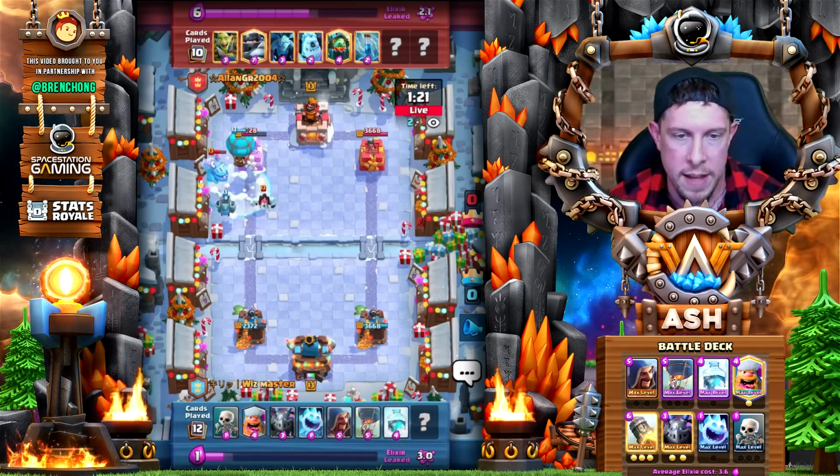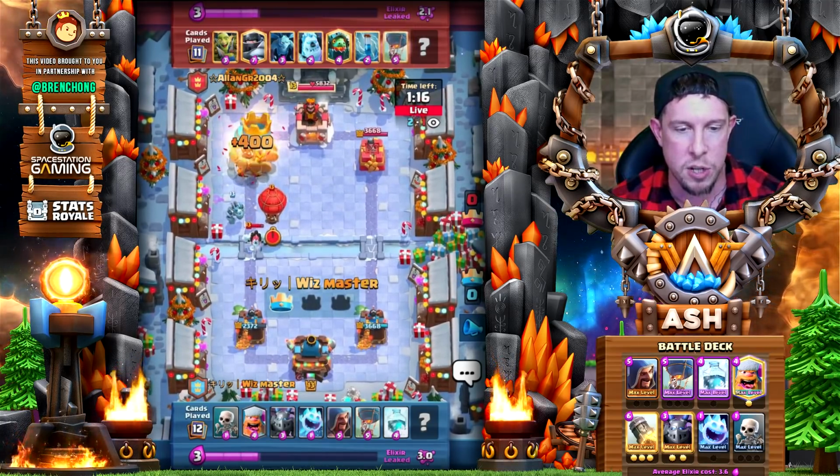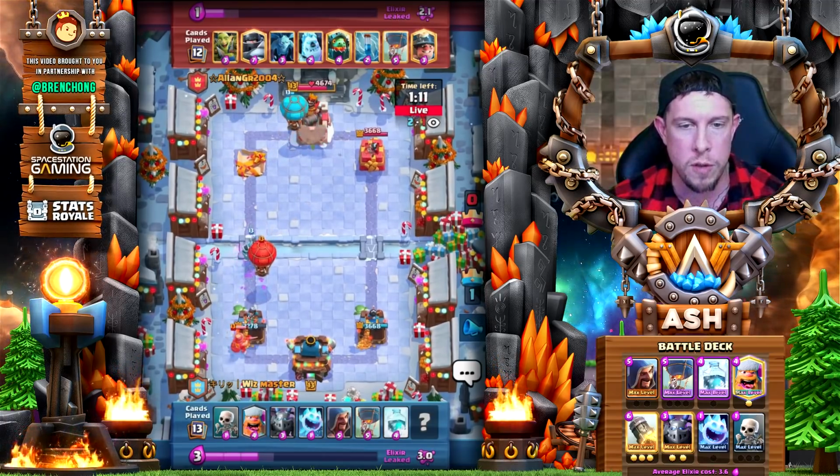the freeze. That's going to be tower down and our Mega Minion. What a smart play by Wiz Master. Was that not a really smart play, guys? He played the Mega Minion into the balloon,